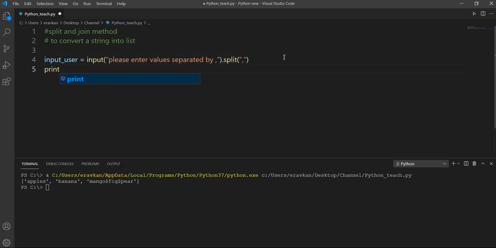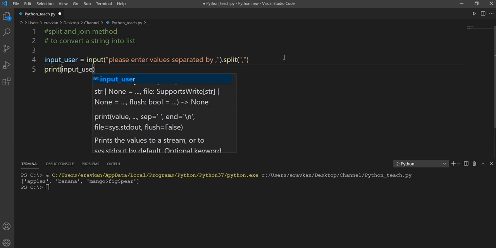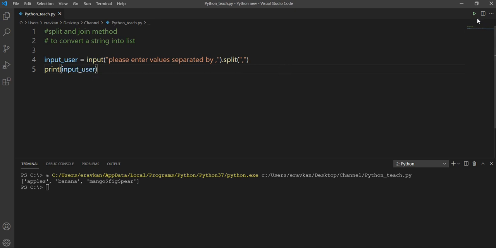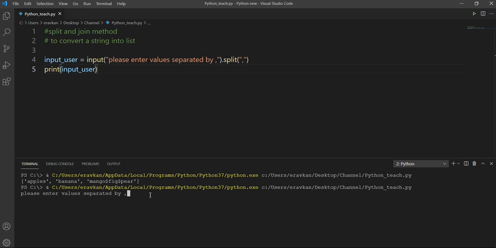Let me write my program first. Suppose I enter some value first, comma, second, comma, third, fourth. So in this way I will get a list. So how to get input in the form of a list? I can use this split. By using split, we can take input from the user, and then by using the split method we can convert it into a list. Okay, so split is clear.